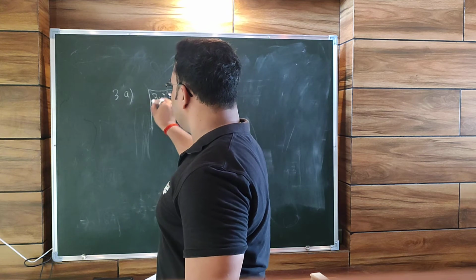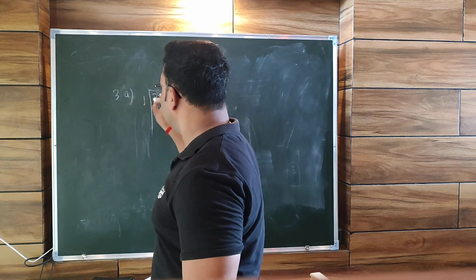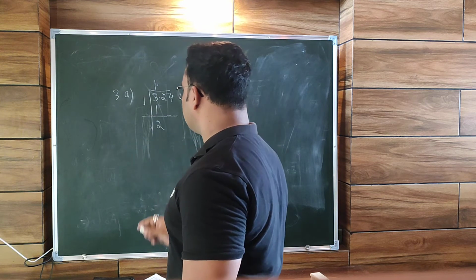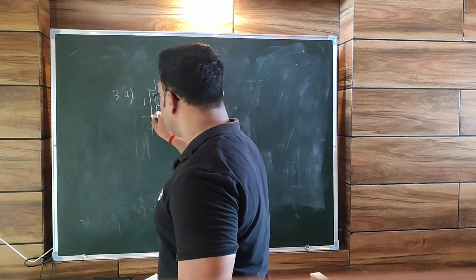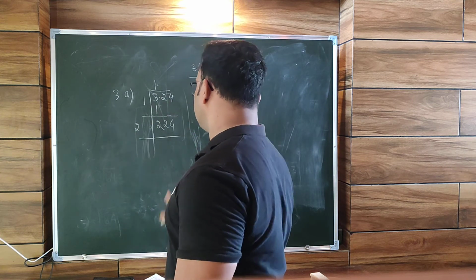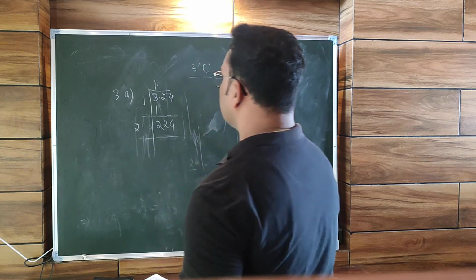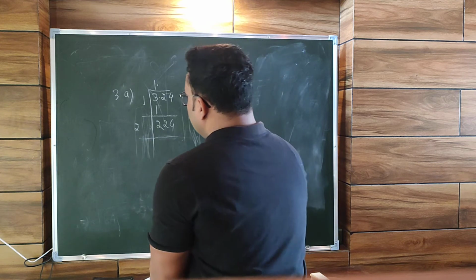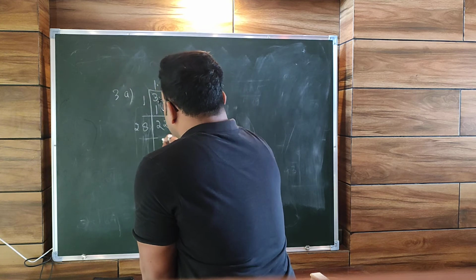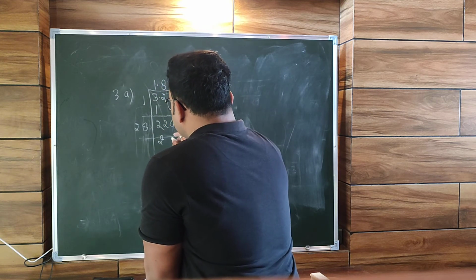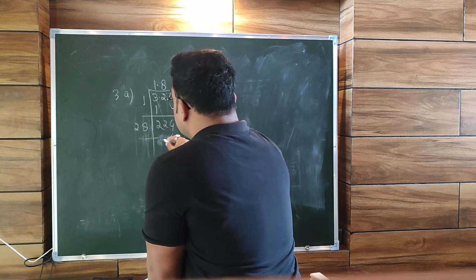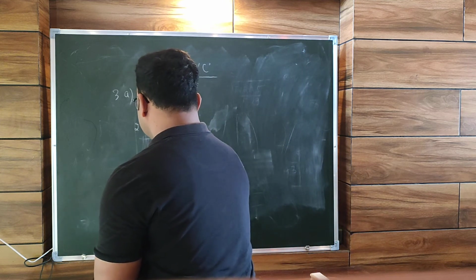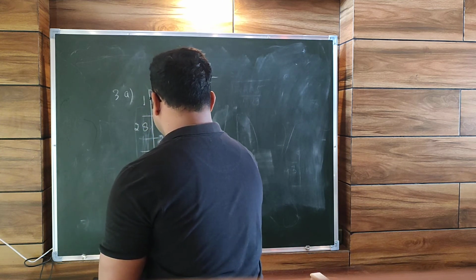So when we pair, we'll get 3. So only 1 by 1 we will divide. 1 1 is 1. So it is 2. And after 3 we have the decimal. So here you can put it, and the rest of the numbers you can write as they are. 1 2s are 2, and we have to divide by 2. So you have to think which number you can divide it by. Around 8 it is. 8 times it will be. So we will get 8 8s are 64. 8 2s are 16 and 6 is 22. So our answer is root 3.24 is equal to 1.8.